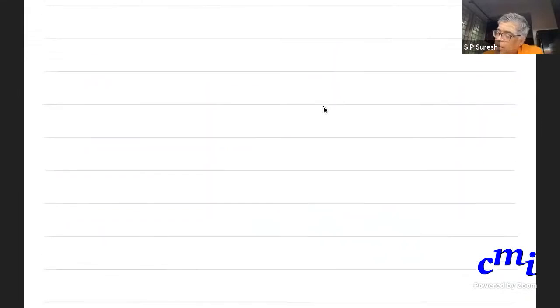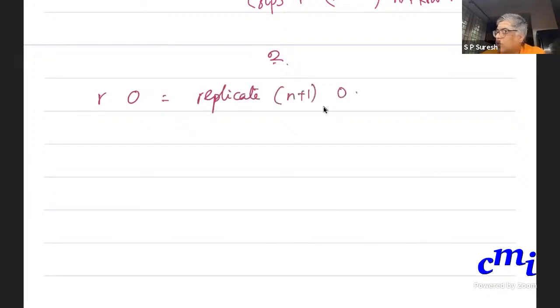So let us just do it. R0 is what? It is so many zeros. Keep it aside. R1 is what? R1 is 0 followed by zip width of, is 0.